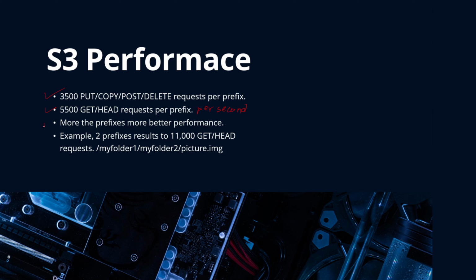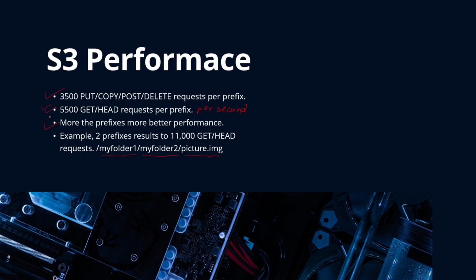So which basically means the more prefixes, the better performance you are going to have. For example, if we have two prefixes, the result is that we can achieve speeds of 11,000 GET requests per second. And what is an example of having two prefixes? Basically my folder 1 is your first prefix, my folder 2 is your prefix number 2, and then your object that is stored, which basically means now instead of having